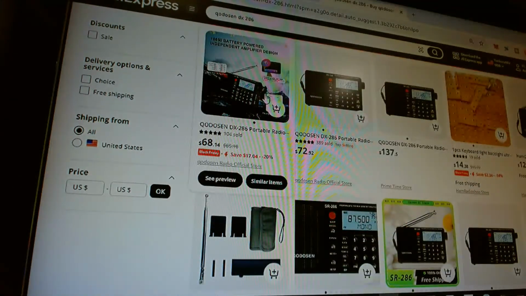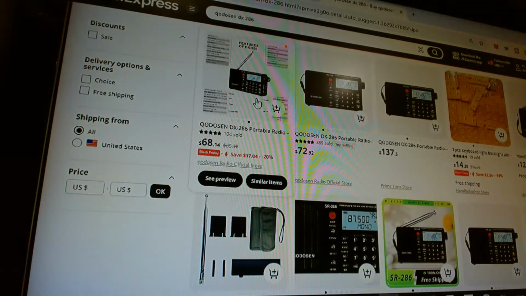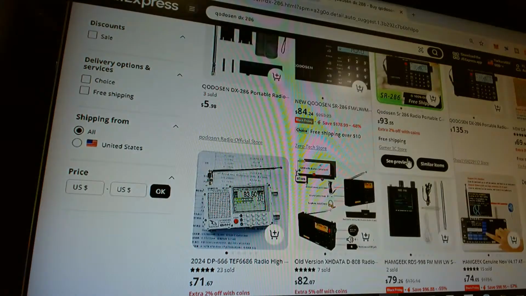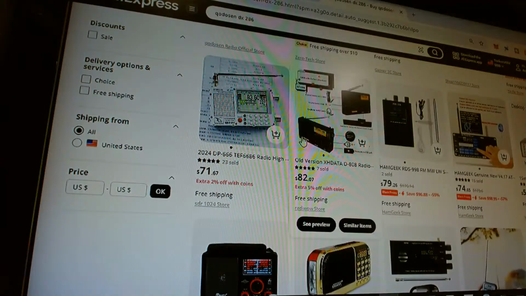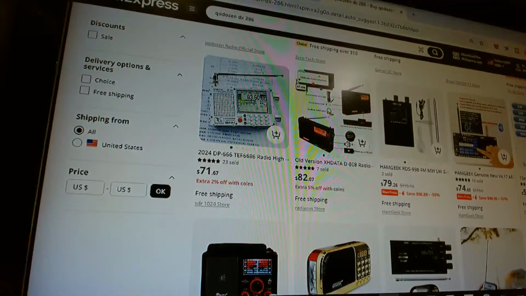So the Kidosin is $68. Anybody interested in the Kidosin? $68, that's a good price. What else? SH data, AD808, and that's okay. I can get it for less.